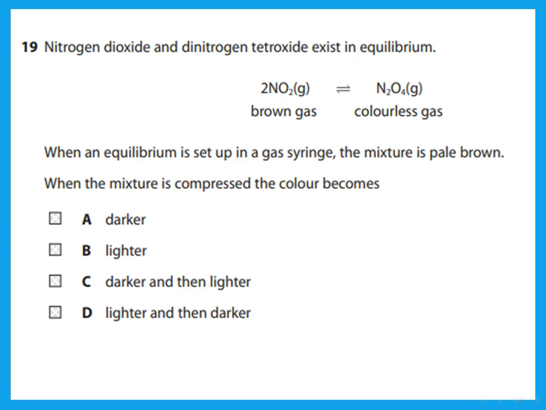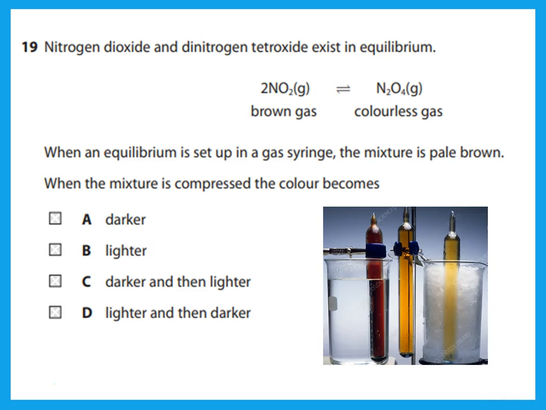Nitrogen dioxide and dinitrogen tetroxide exist in equilibrium. When an equilibrium is set up in a gas syringe, the mixture is pale brown. So he's saying that originally it is pale brown. Now, when the mixture is compressed, what happens to the color? Well, you should remember that immediately, as soon as I compress it, the molecules come closer to each other, and that means that the color will become darker, and then